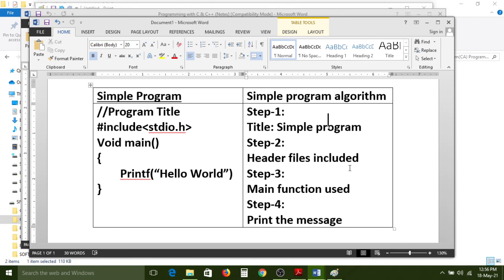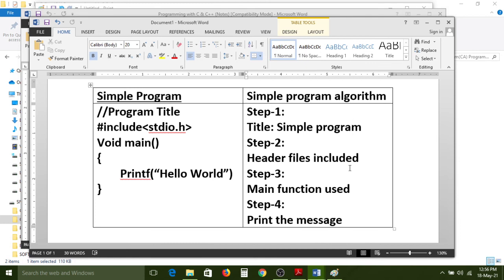So compulsorily, each and every step should be clear for the client to understand. Then only will the client approve this project. Otherwise, he will not approve, because they will pay money for this. If it is not clear, how will the client pay for this?